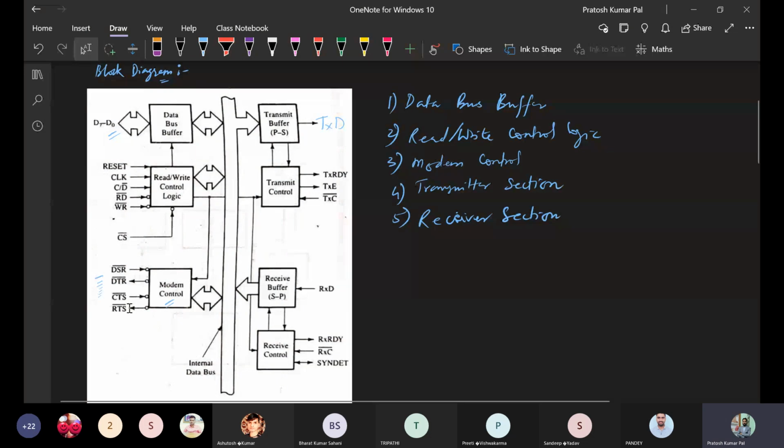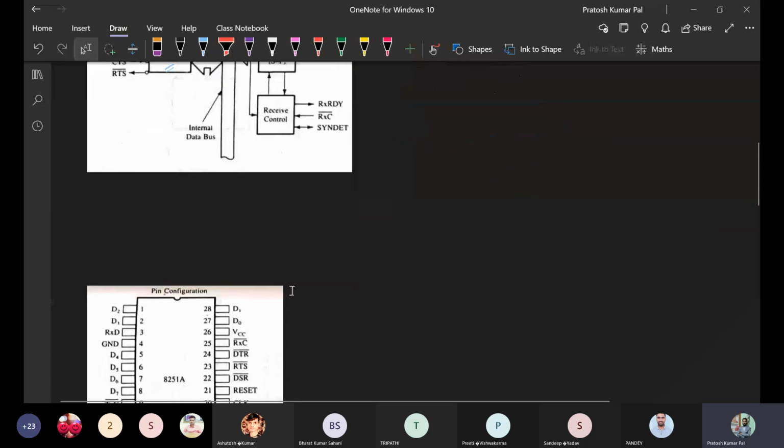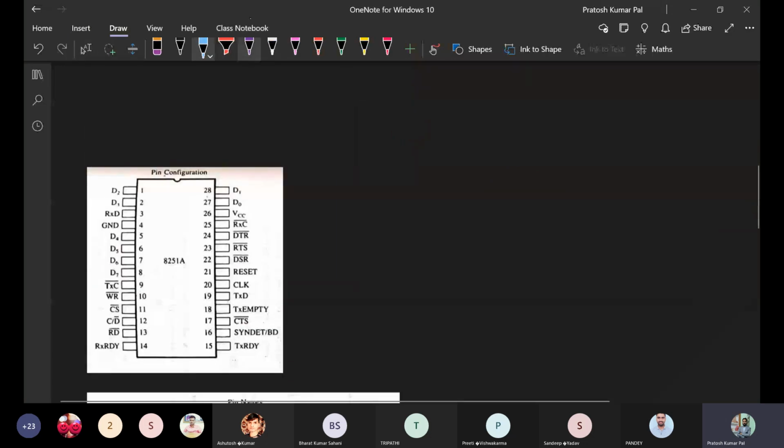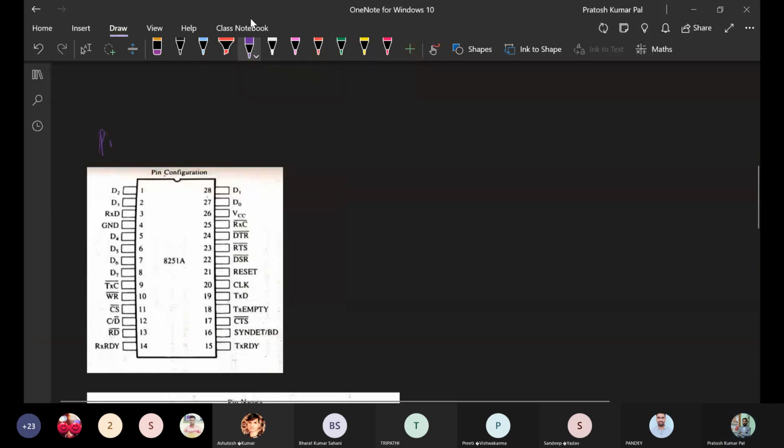When it is put into a box, its pin diagram will be there. So this is basically its pin configuration, which we call the pin diagram. Here all the different pins are there. We have D0 to D7, along with ground and VCC.